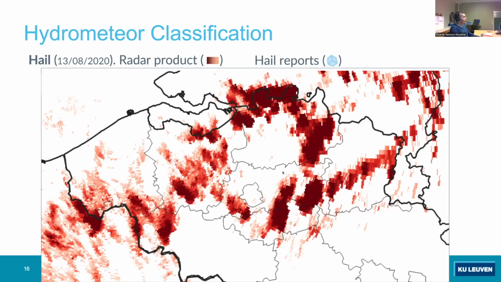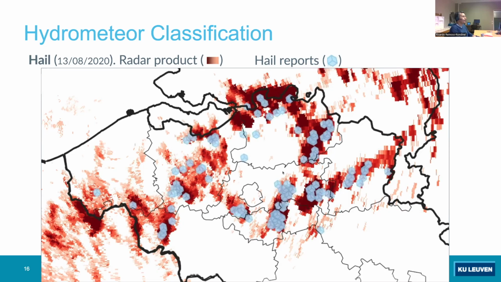Next one, this is a cool example. The radar could also detect, as I say, solid precipitation or hail in this case. And if we verify with hail reports from the Met Office mobile app, then we can obtain a very nice map which correlates the location of hail reports with the product from the weather radar itself. Moving to another,